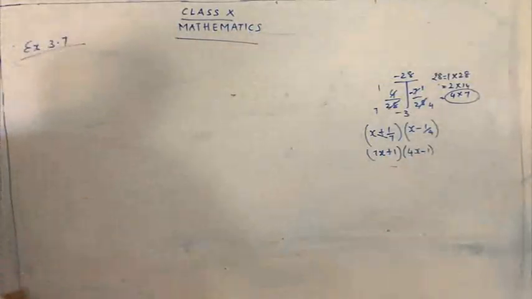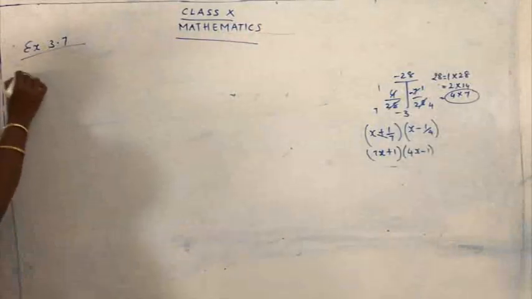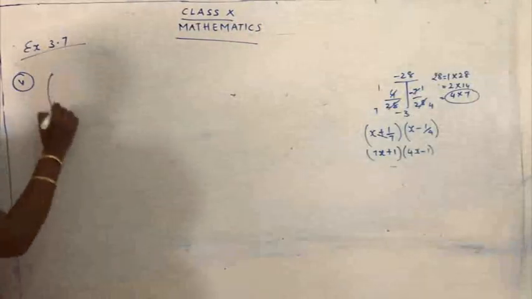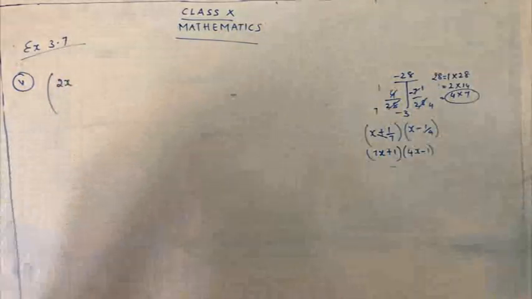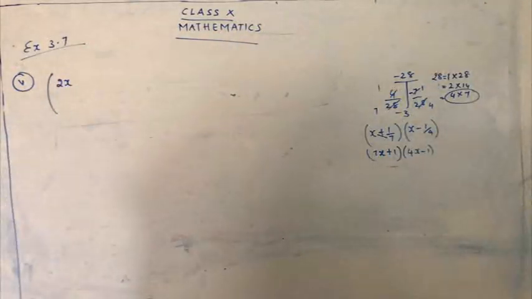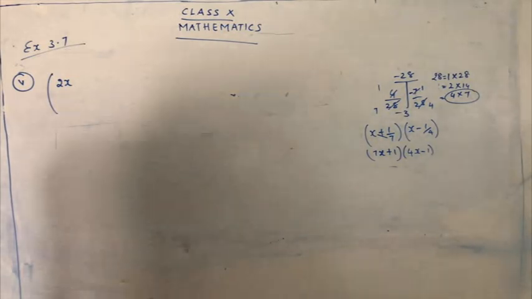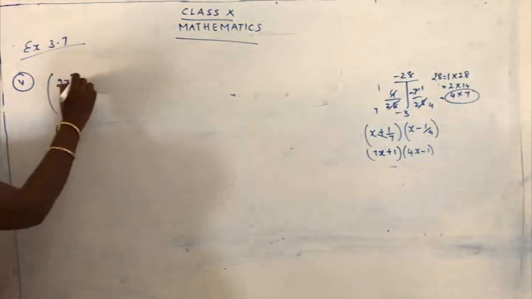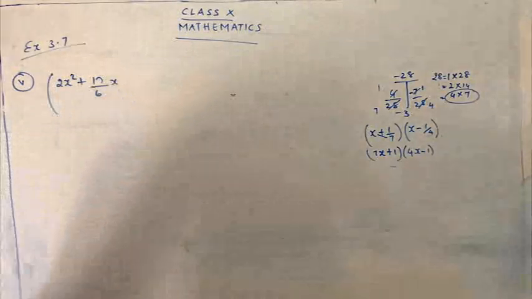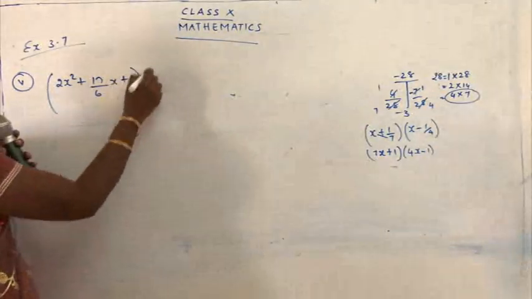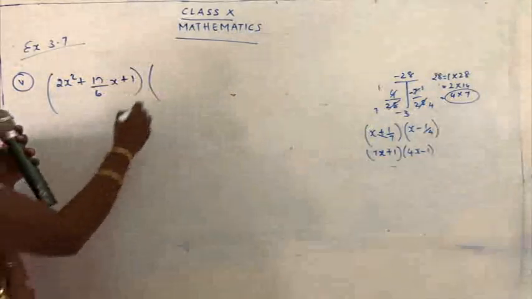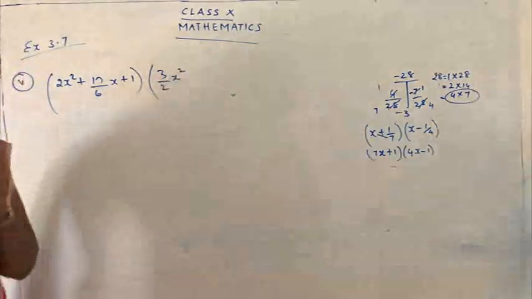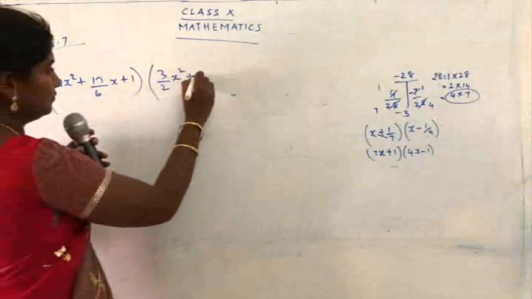Okay. I'll just write out the fifth part here. Just see the question carefully. Do not get confused by looking at the sum. You may say, oh, there's a fraction, so much stuff is there. But once we convert, just only one step we have to change. When you change that step, two more steps we do, we get the sum in the same manner as the fourth question. So it will be easy to do. So just see here: 2x square plus 17 upon 6x plus 1, 3 upon 2x square plus 4x plus 2.